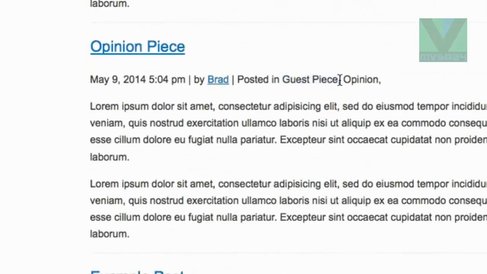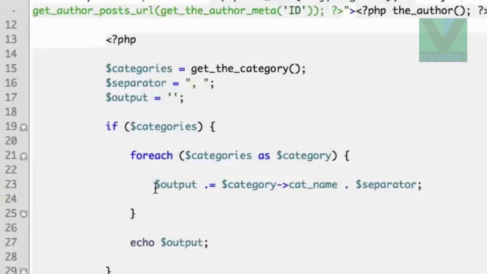So for example here, let's keep the comma after the first phrase, but we need to remove it from the final phrase. So let's start with the easy task first. Let's remove the comma at the very end. So down here where we're actually echoing or outputting our output variable, all we need to do is use a PHP function named trim. So we'll wrap this output variable in the trim function, and we can pass along an option,